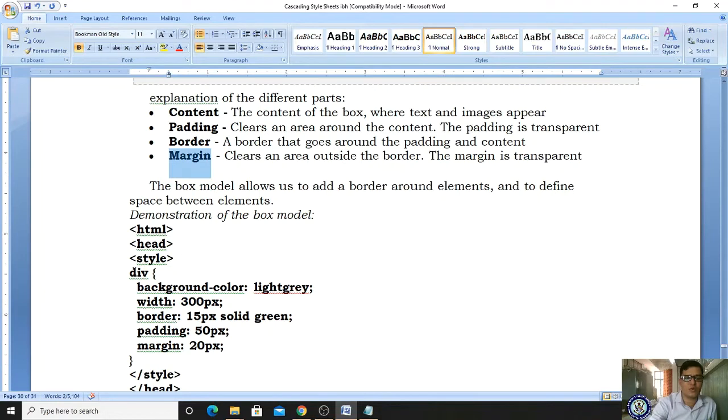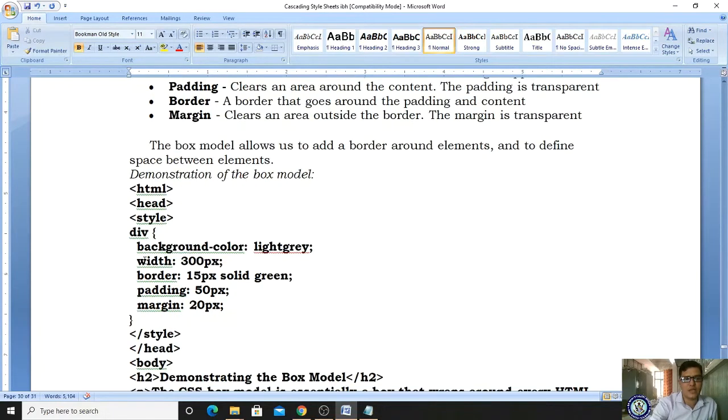Here I am taking one division. HTML, head, style are there, and the division. The division background color I am setting as light gray, width 300 pixels, border 15 pixels solid green, padding 50 pixels, and margin 20 pixels.